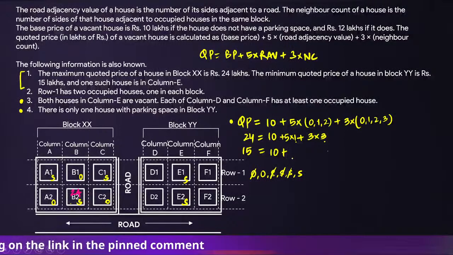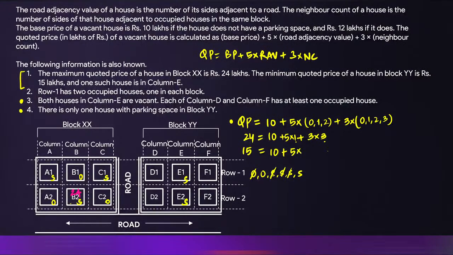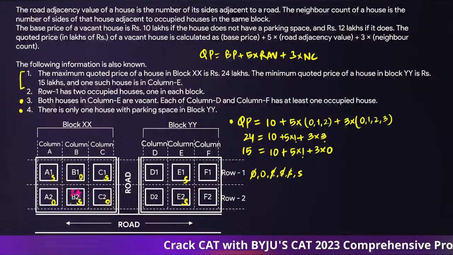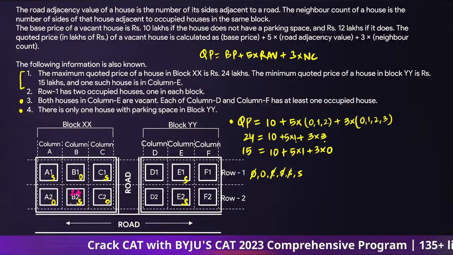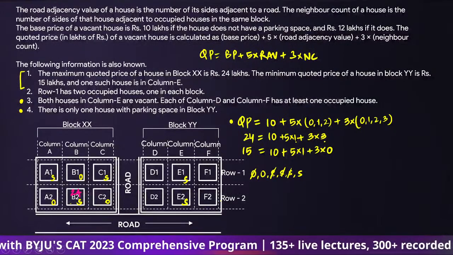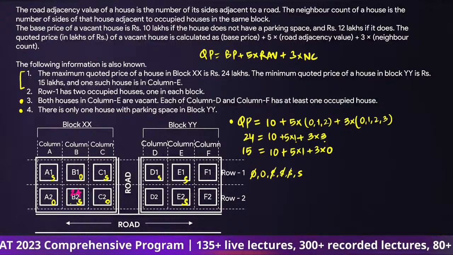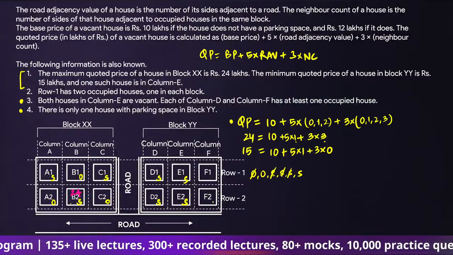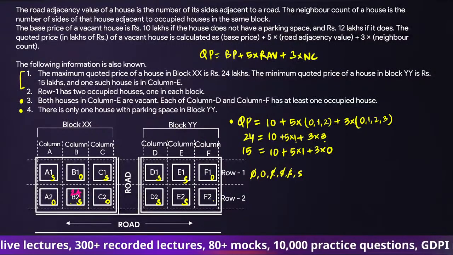So 10 is already there. Suppose there is no parking. And I need another 5. So that 5 can be with 5 into 1 plus 3 into 0. So that tells us कि ये जहां भी रहता है, whichever house this is, there is one adjacent road, so that can be D1 or F2, and there are no neighbors around it. So if I take D1 for sale and there are no neighbors around it, तो ये हो जाएगा और ये हमारा occupied हो जाएगा,